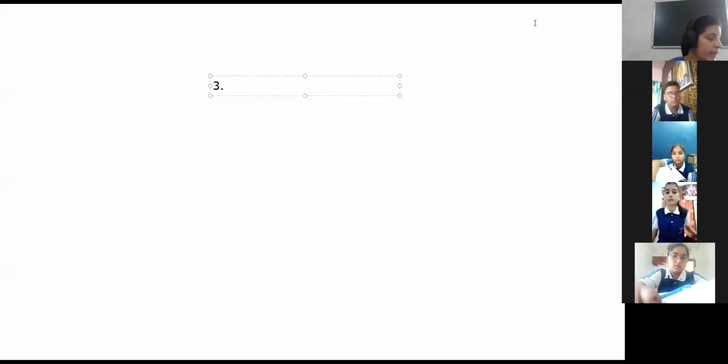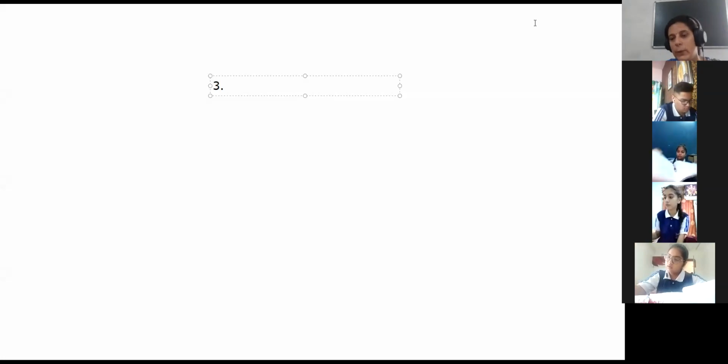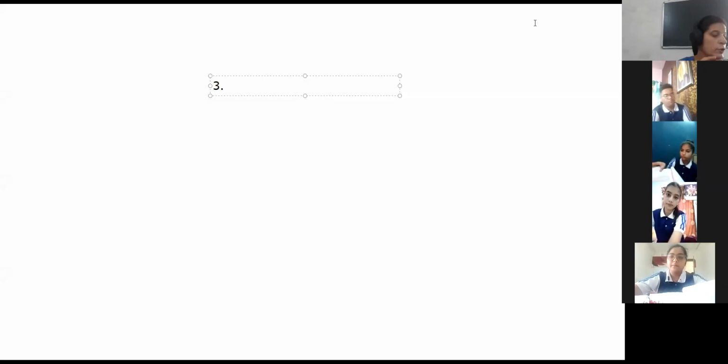Just all of you come to page number 4.92. In this question number 3 we are going to start, in which we will solve the first question by the value added method. As I have just told you about the formula, after writing that formula you will solve this question. So first of all, how you will have to solve it, I am telling you over here. First it is given the purchase of machinery, sales. Okay, so first of all we will start how to write it.